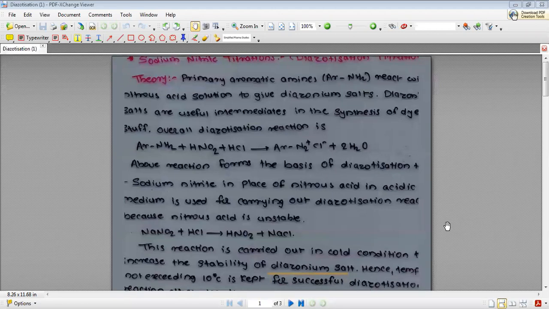type of titration. It is also a quantitative type of analysis. And diazotization type of titration is basically used for the analysis of the drug substance that contains primary aromatic amine